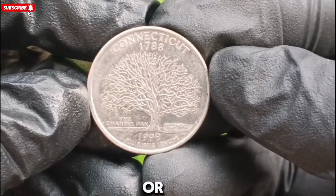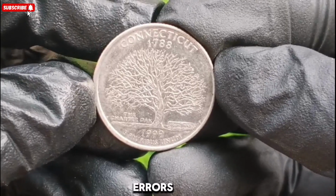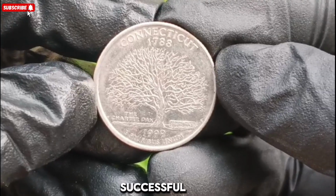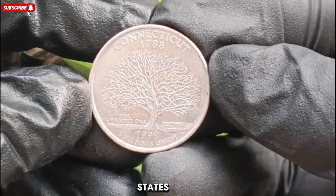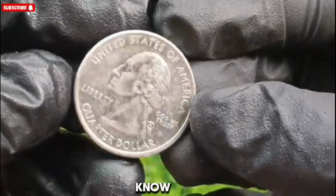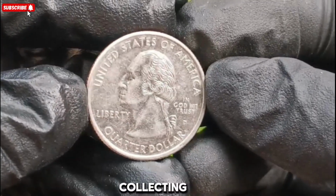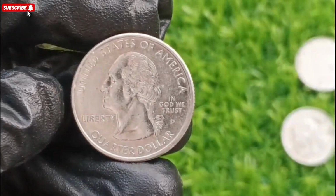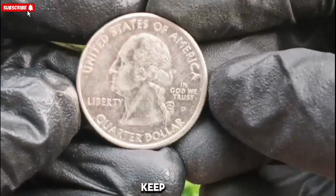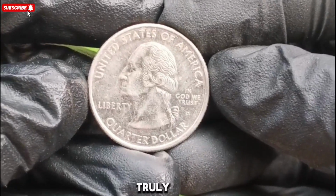The 1999 quarter series opened the door for millions of Americans to start paying attention to coins again. And because of the errors and varieties, it has become one of the most studied and collected series in modern numismatics. Whether you're a seasoned collector or a beginner, learning about these coins can be both fun and potentially profitable. As we wrap up this deep dive into the most expensive 1999 quarter-dollar coins, I hope you have gained a new appreciation for how much history and value can be packed into a small piece of metal. Remember, the next time you get change from a store, take a moment to look closely at your quarters. You might just be holding a coin worth hundreds,